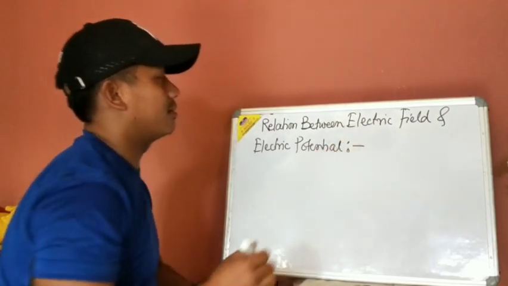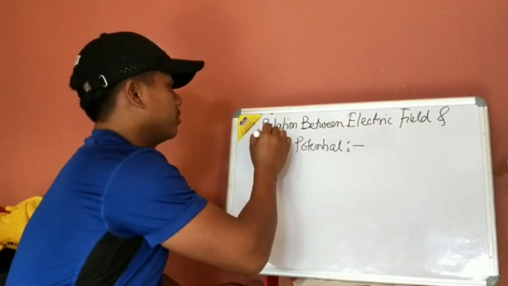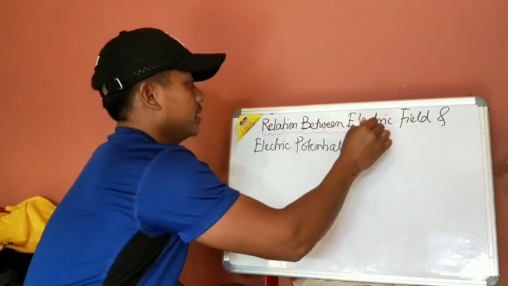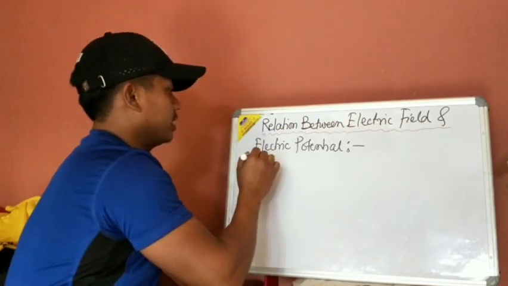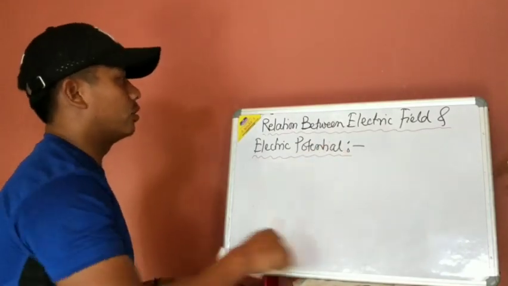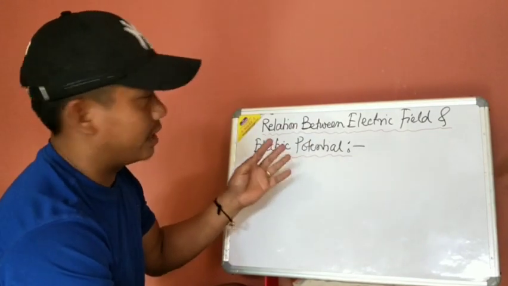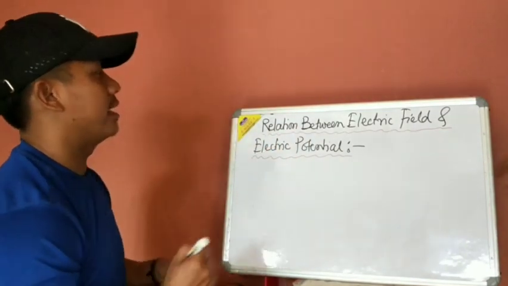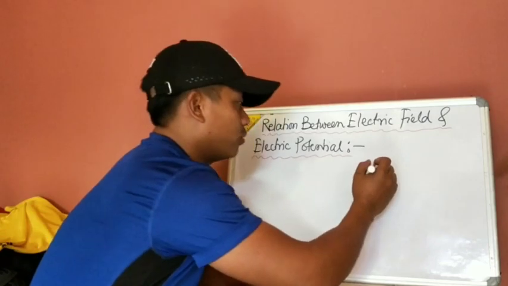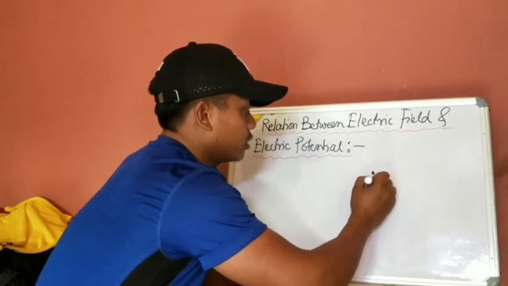Electric field is denoted by E, and electric potential is denoted by V. So you are going to derive the relation between electric field E and electric potential V. Just like what we have done repeatedly, let us take charge Q